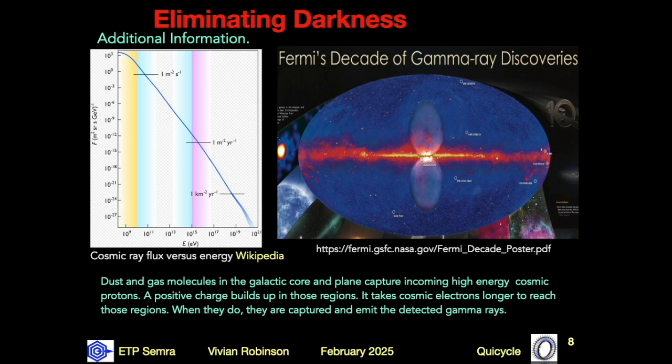Gas and dust particles moving vertically outside the galactic core attract electrons, neutralizing their charge. That gives a stream of dust particles moving away from the center and back to the galactic plane. Protons move faster. They escape further from the galactic plane before they too are neutralized by electrons. That gives these Fermi bubbles.